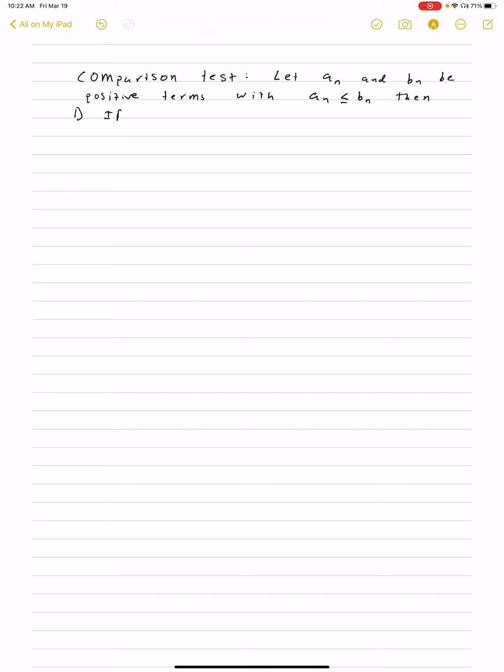It says, if the series of b sub n, the infinite series, converges, then so does a sub n. The second statement says, if the series of a sub n diverges,